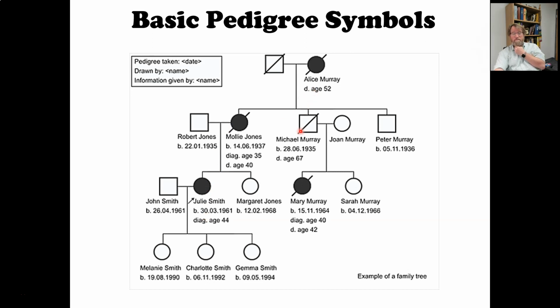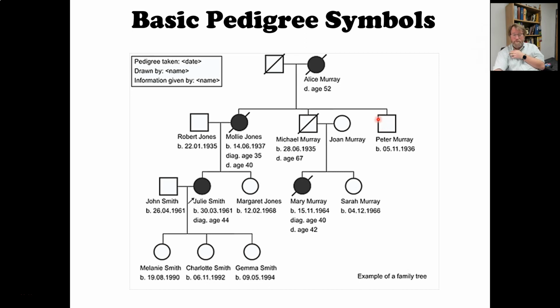Moving on, the son Michael Murray, born in 1935, died at age 67. He married Joan Murray. They had two children, Mary and Sarah. Mary was diagnosed with this disease at age 40, died at age 42. And we can see her younger sister, Sarah, born in 1966, still alive according to this. And then finally, the youngest son of the original couple, Peter, not married, born in 1936, and that's what we